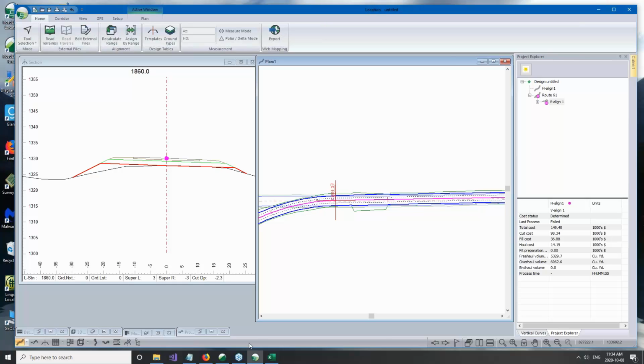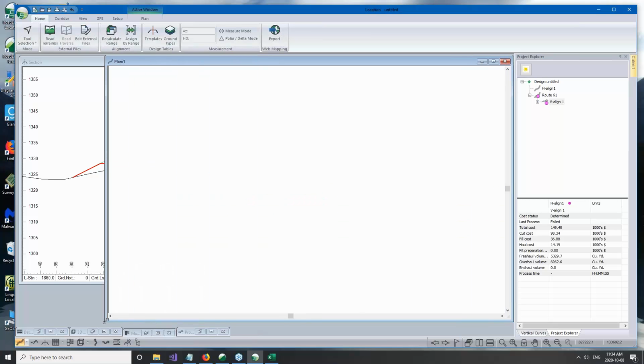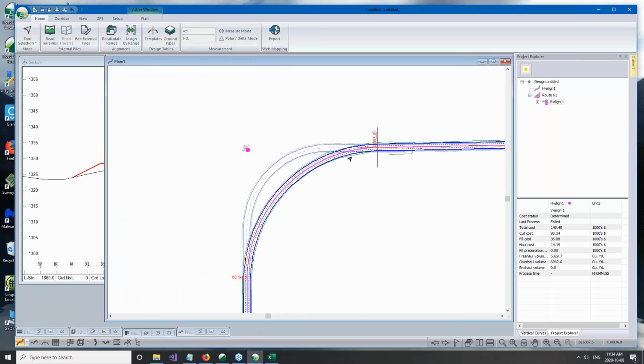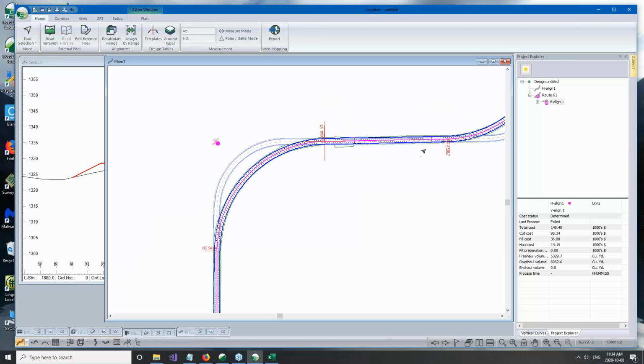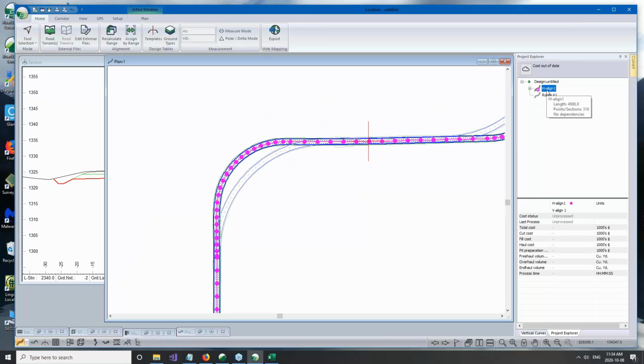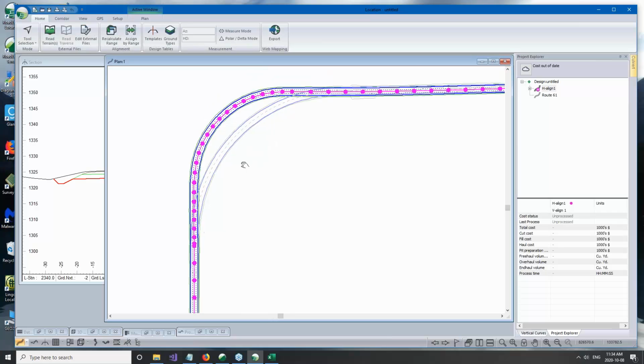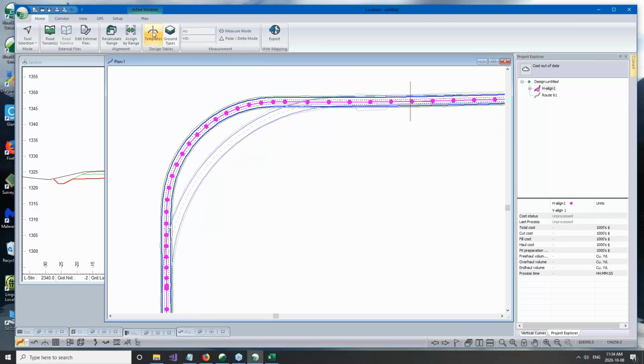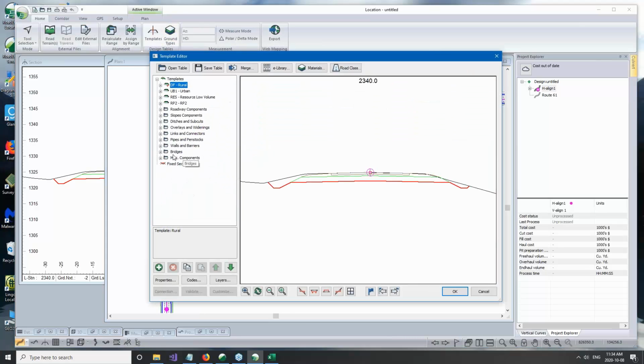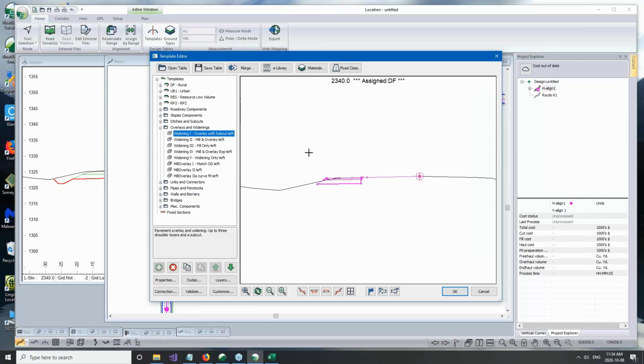Widening project, that's absolutely yes. For a widening, maybe we want to switch back to the original alignment. I've got this, and look at that original. And I could probably put a template on here that represents a widening. Let's go into our overlays and widenings folder. And I've got one here that is a widening. So I would copy this component,